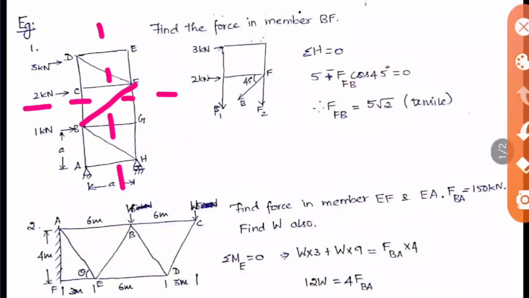But if you see here, when you draw it vertically, it passes through a various number of unknown forces, whereas when you cut it horizontally, it passes through a maximum of only 3 unknown forces. So the best section you have to choose is this section only. So along the horizontal way we are cutting a section.